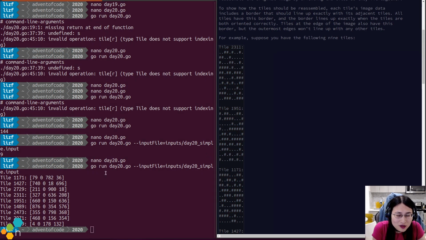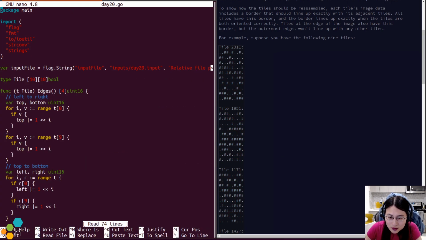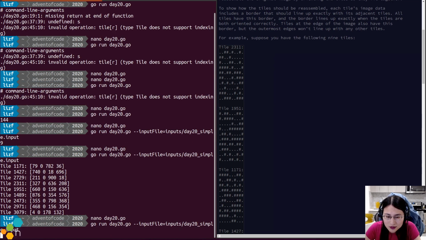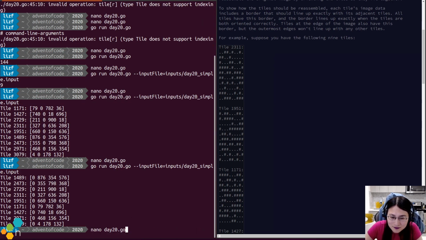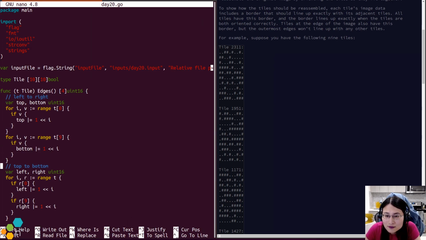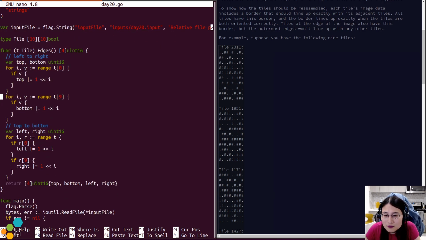That would seem to have a bug. That does not seem right. So I am, for some reason, not saving to bottom. Oh, yep, that would do it. Okay. Why is that not working? That should definitely be working.